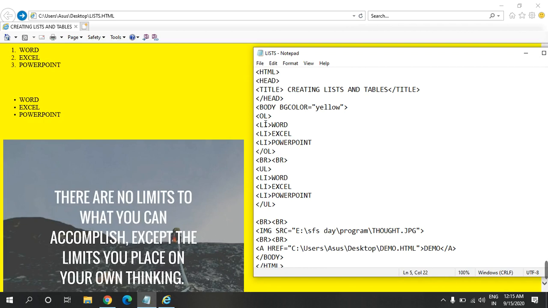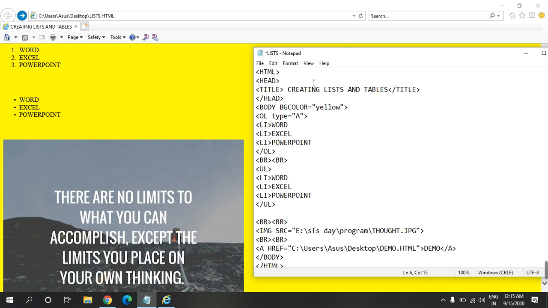Then we are starting the OL tag, and the OL tag is starting a new ordered list. So here you can see the output of the ordered list, Word, Excel and PowerPoint, and they are in an ordered list 1, 2 and 3. Here we can also change the type of the list. If we don't want to display 1, 2, 3, we want to display A, B, C, D, let's say, in an ordered list.